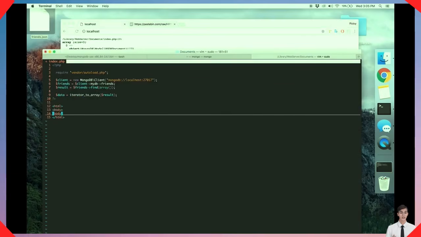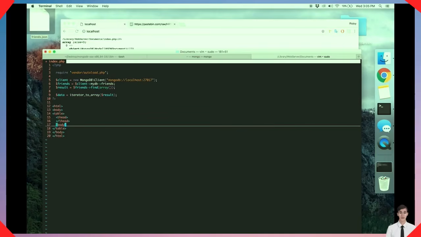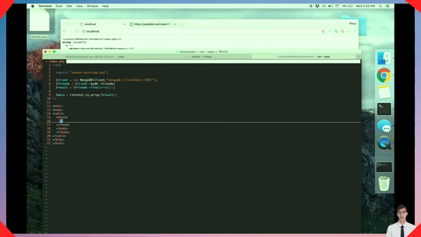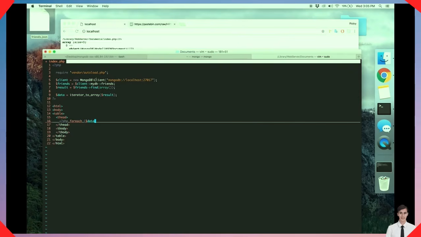So let's make some body tags in the HTML down here, and some table tags. Let's make a thead, which is the head of the table, and a tbody, which is the body of the table. In the thead, we're going to make a PHP foreach that iterates over the keys here, because we want ID, name, age, and gender in our header. So: foreach data[0] as key arrow value,